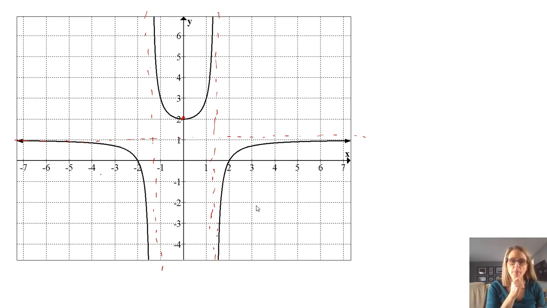And we also found that we're decreasing up until negative root 2. Then we're also decreasing from the other side of negative root 2 down to 0. And then after that, we're increasing continuously. But of course, we have those vertical asymptotes that do break things up a little bit, so we have to pay attention to that. But we are decreasing here, we're decreasing, then on the other side we're increasing, and then we're also increasing over here. So those were those values we got from the first derivative. So altogether, this is what this graph looks like.